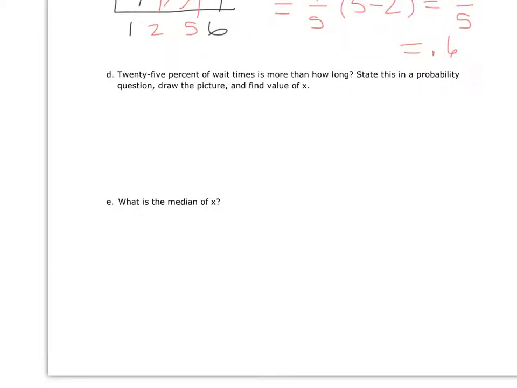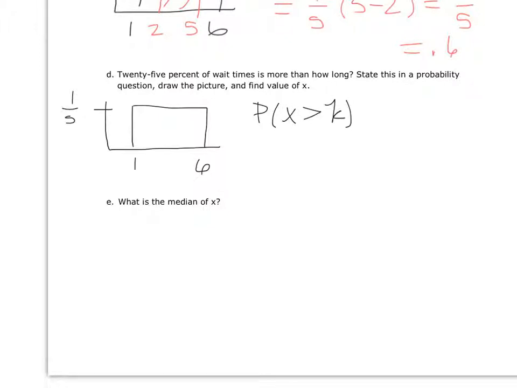Okay, next one, 25% of wait times are more than how long of a wait time? So state this as a probability question, draw the picture, and find that value of x. We have the same old distribution here, and we want the probability that x is greater than some unknown value k equals 0.25. So we put k here. The area, or the probability that we are given, is this shaded area. It's 0.25. So replacing that probability notation with how we calculate that probability, 1/5 times 6 minus k